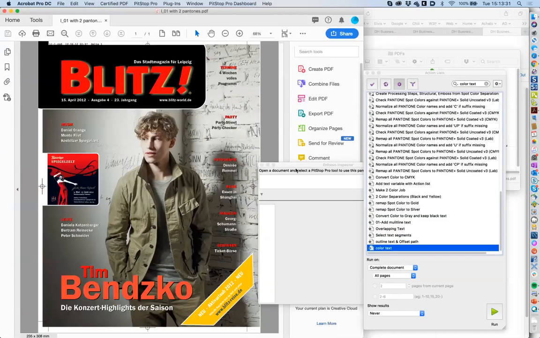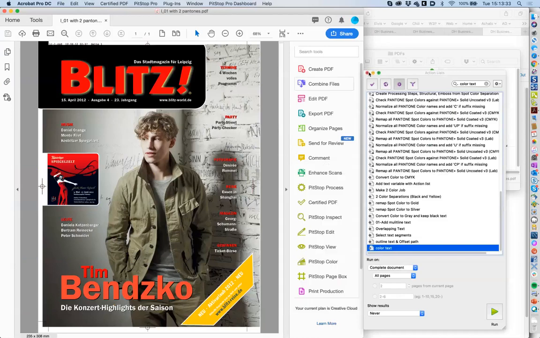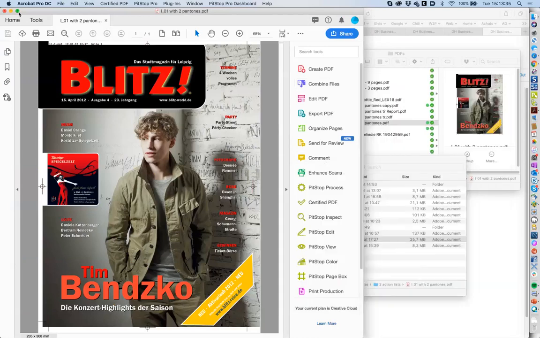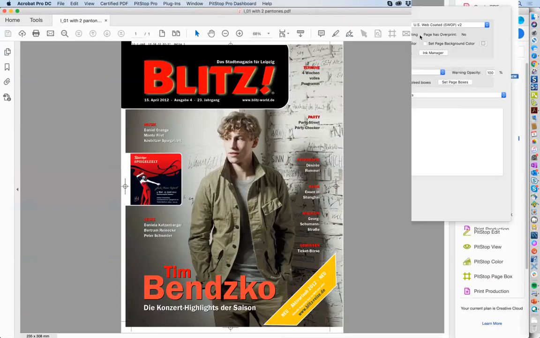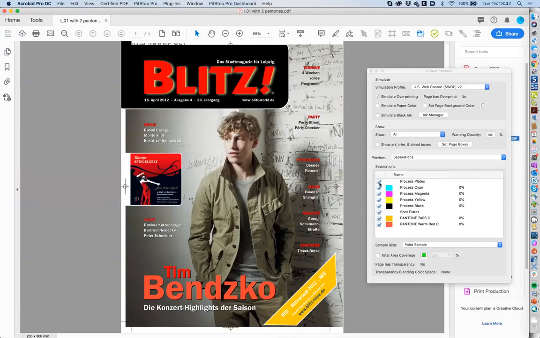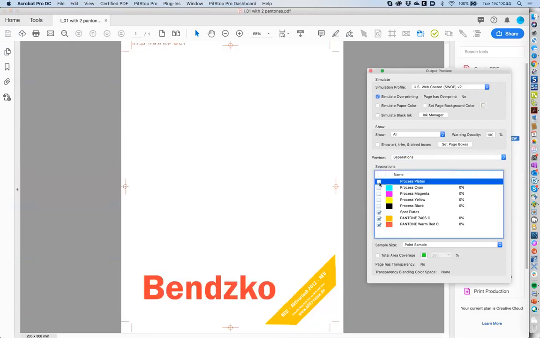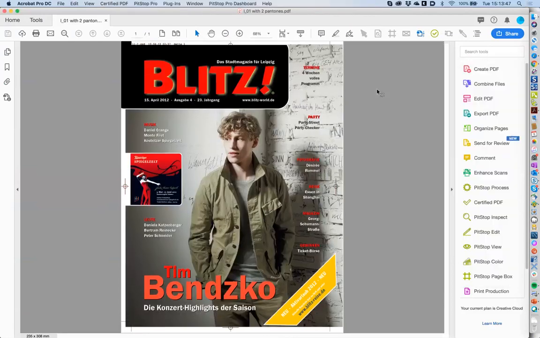So we know this document. We've already used it a few times, and here we have the separation is perfect. Right, so now in the actions,